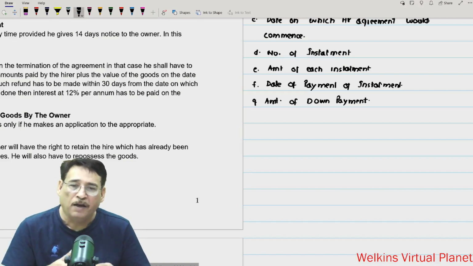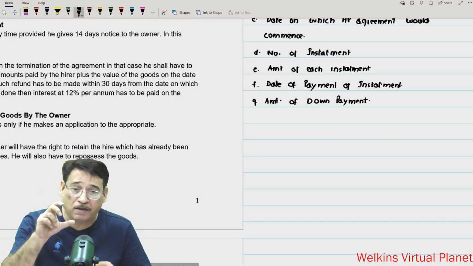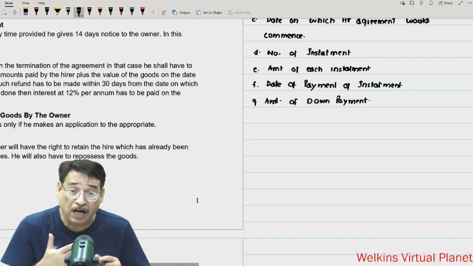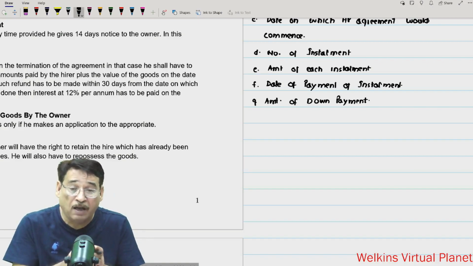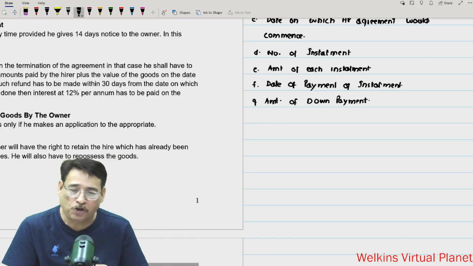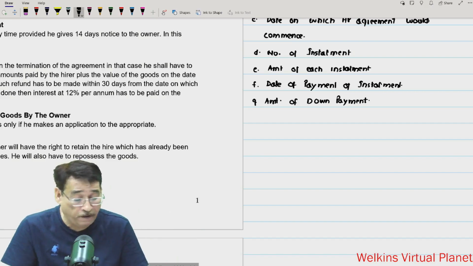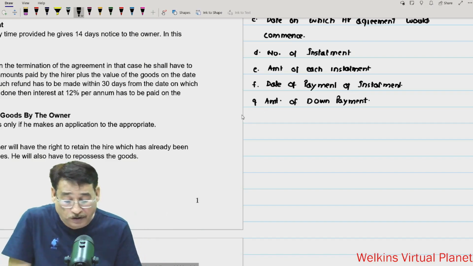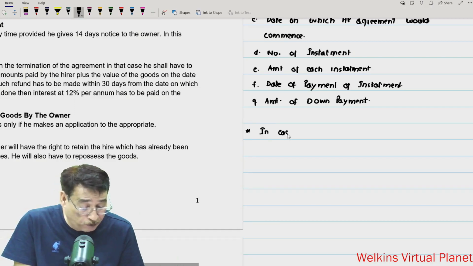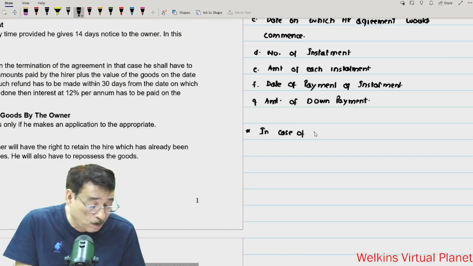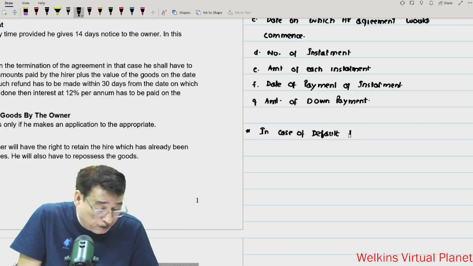been committed. It means if the purchaser has committed any default, so in that particular case, the Hire Purchase Act specifies that seller has the right to take back the possession of the goods sold. Correct? So next point is related to this only. In case of default, the vendor,